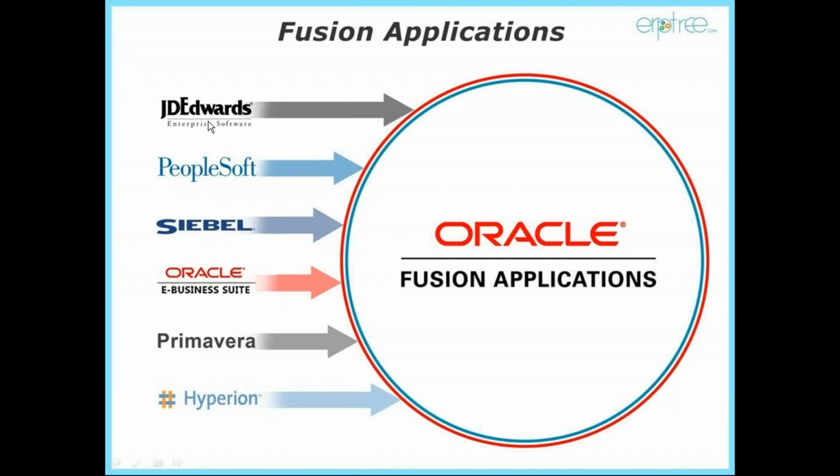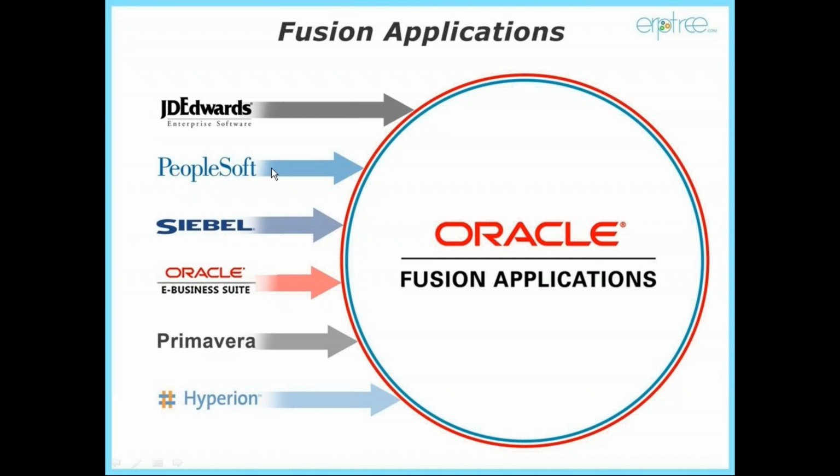They purchased the JD Edwards product. In the same way, they acquired PeopleSoft, Siebel, Primavera, and Hyperion. Not only these, I just listed a few. There are many other ERP products and enterprise applications Oracle acquired. After acquiring, from JD Edwards they took the SCM-related and other areas of best